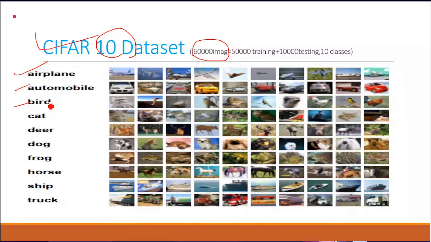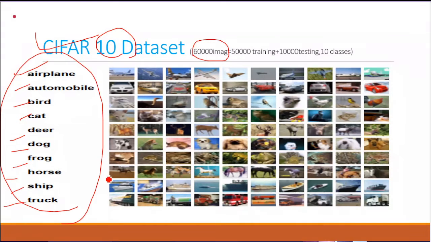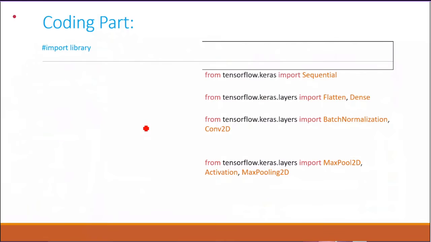Here I'm going to create my own CNN model and apply it to this dataset, to check whether it predicts correctly or not. So here it is 10 objects only. The CIFAR10 dataset has built-in classes: airplane, automobile, bird, cat, deer, dog, frog, horse, ship, truck. So we'll see which classes will have a high predicted probability with the help of the CNN model.